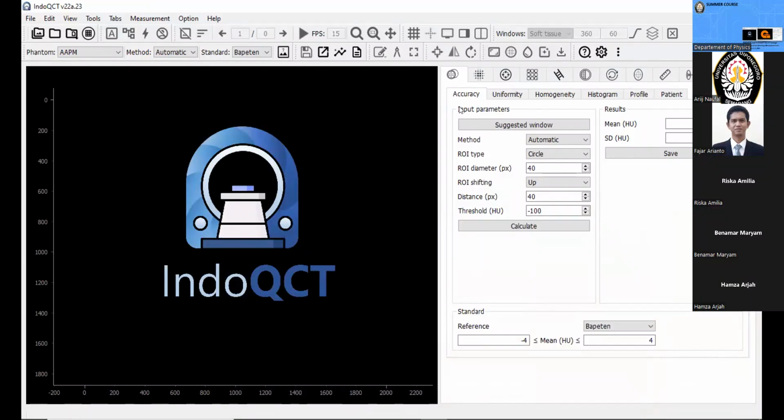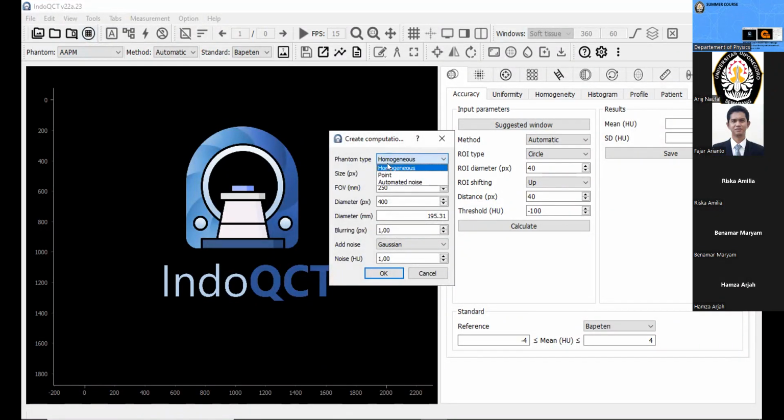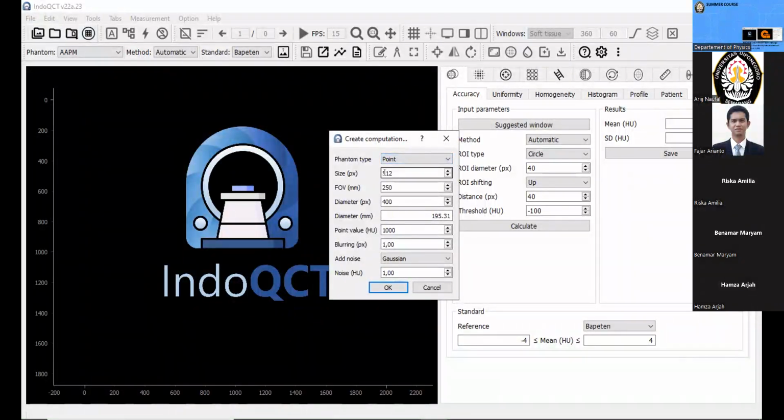Now we will open our image, and first we will try using a computational phantom. We open the computational phantom and choose the point phantom, and we can use the blurring.